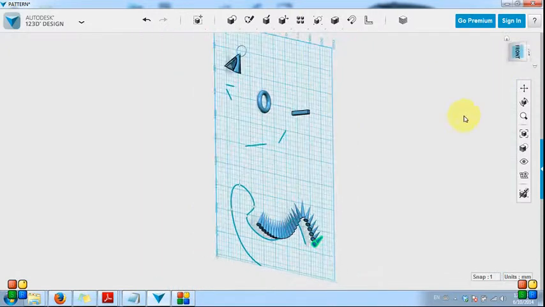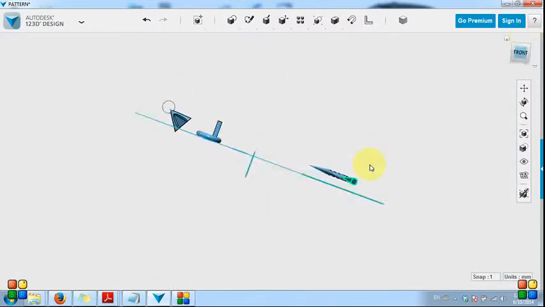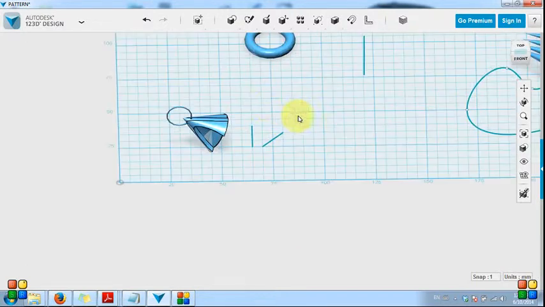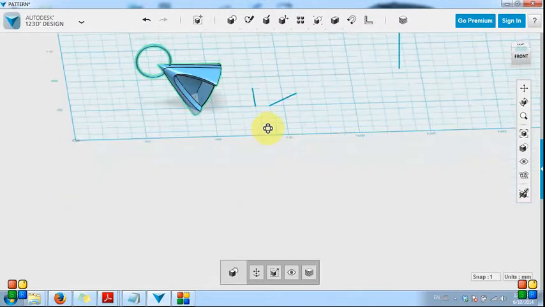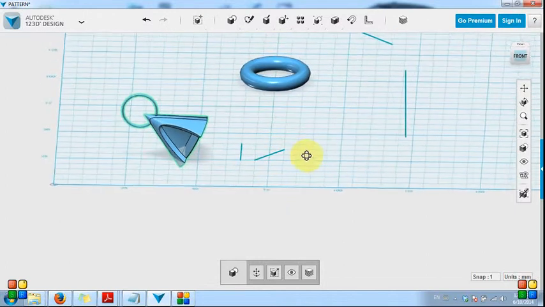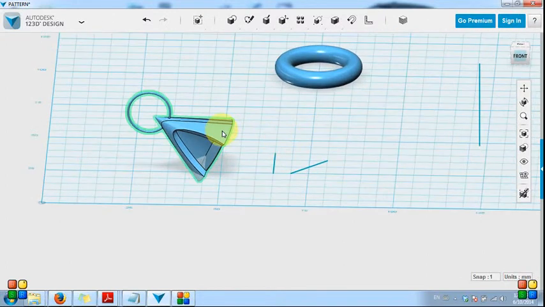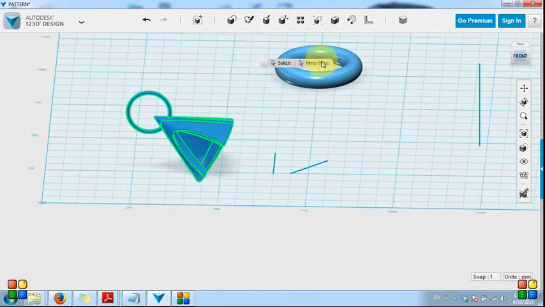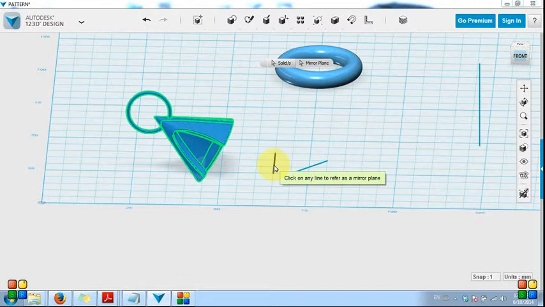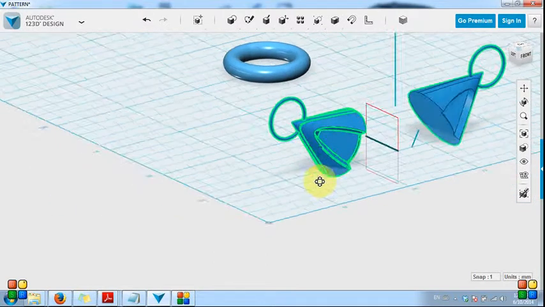The last one I want to show you is mirror, which is very simple. I will take a model that you want to copy in the opposite direction. So it will make a symmetric copy of it along a line that you define. So going to mirror here, you can choose your solid and you can choose a mirror plane. So if you click it, you can select the line. So let's say I want to copy this one in the opposite direction to this line. So I click on the line and you will see I will create a copy